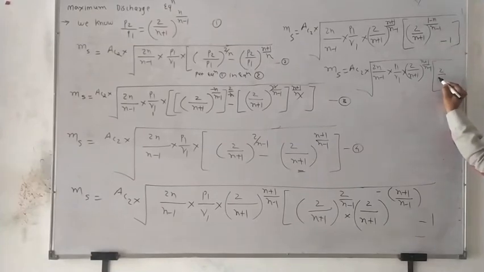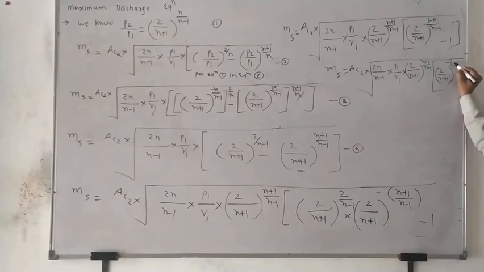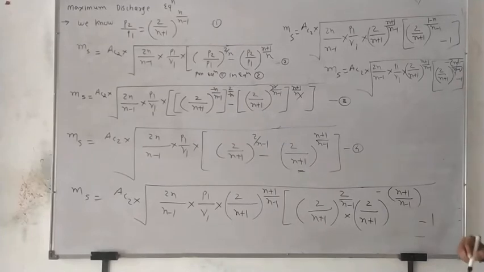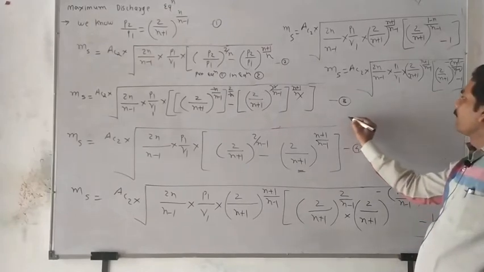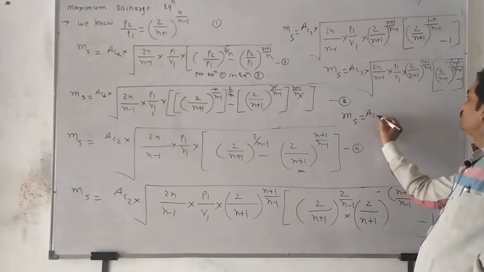So what is here? Minus. So what is the minus? N minus 1. Very good. Upon n minus 1 minus 1 bracket complete. So boys, this n minus 1 and this n minus 1 get cancelled. So what is the final equation remaining here? See. Final equation, m_s equals A_c2